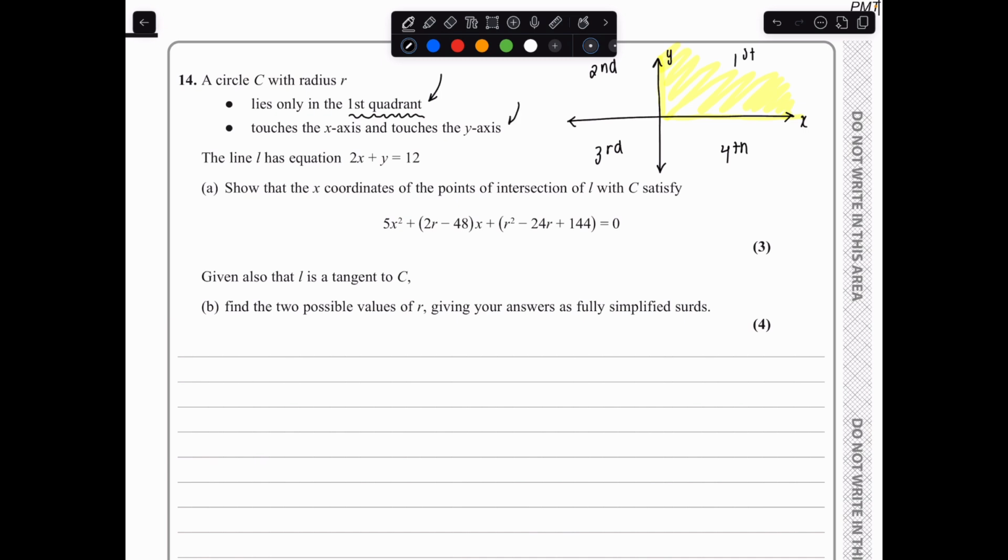Now, the second detail says the circle touches the x-axis and touches the y-axis. So what does that mean? That means that our circle can't be somewhere like here, can it? Because it's not touching the y-axis. On the other hand, it also can't be somewhere here, can it? Because it's not touching the x-axis. So there's only one possible place this circle can be. It needs to be somewhere here where the circle is touching both the x and y-axis without crossing into the